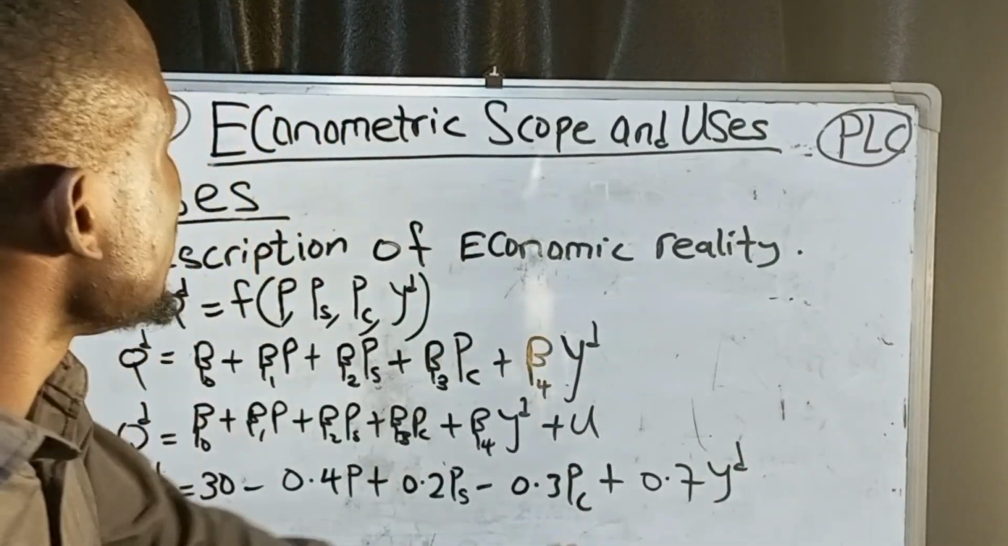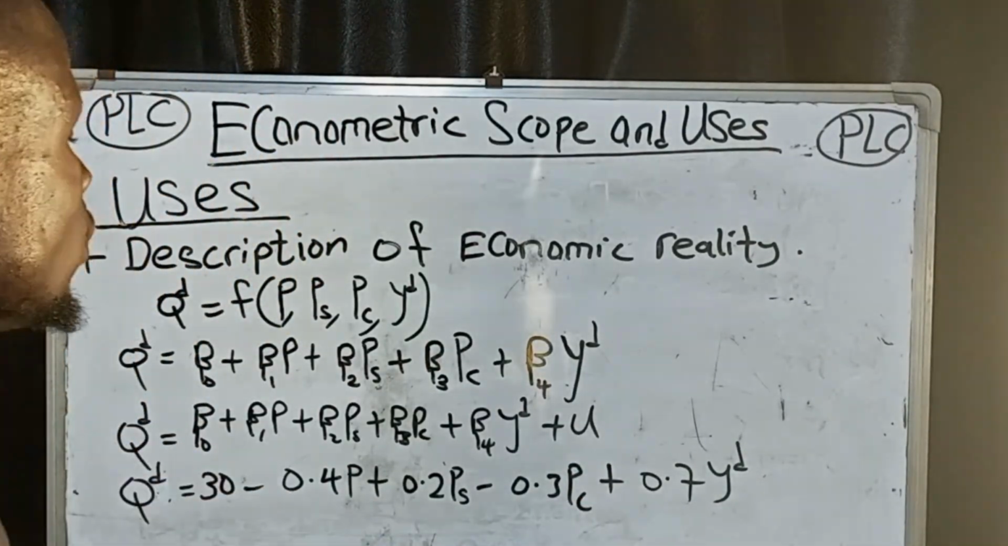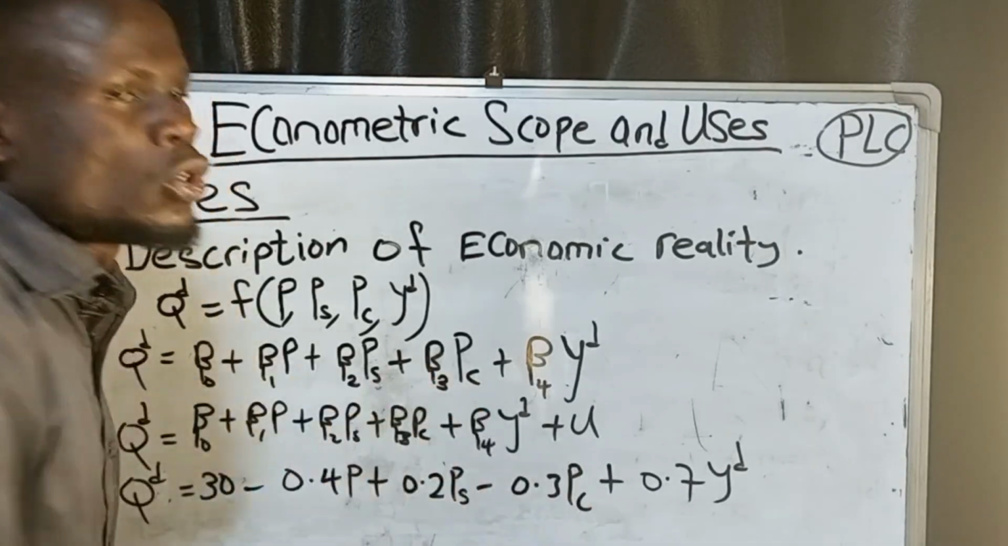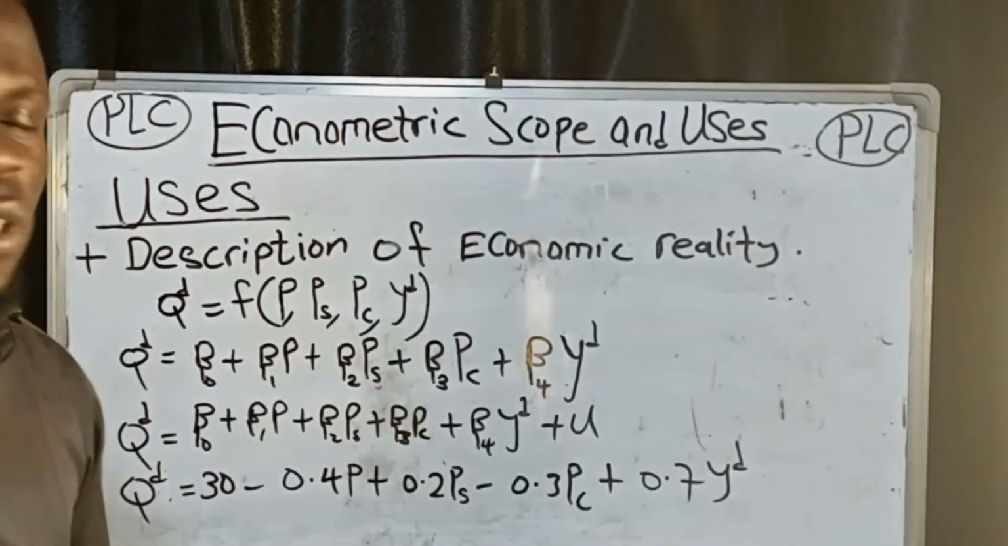Also, if you look at it, this is minus 0.3, the coefficient of our price of the complement, which shows that at first there's a